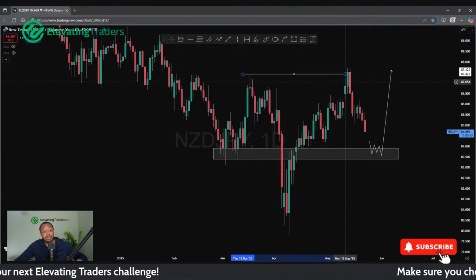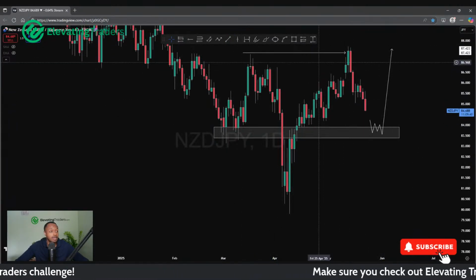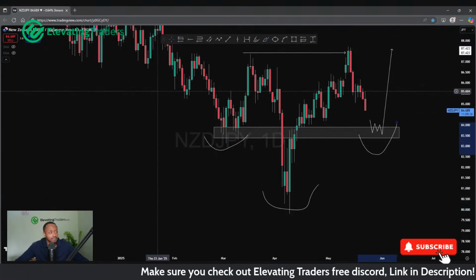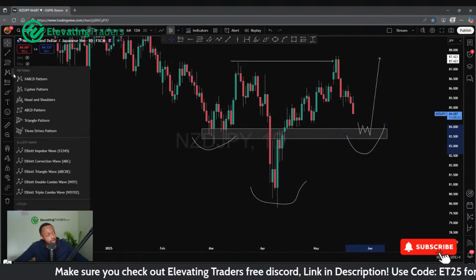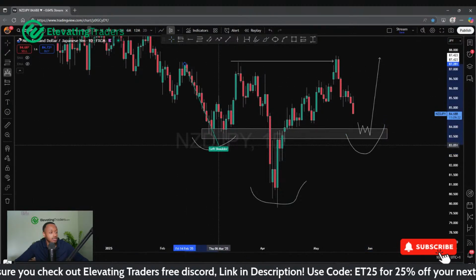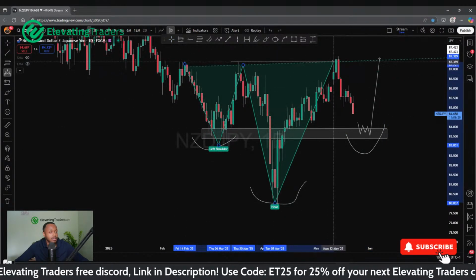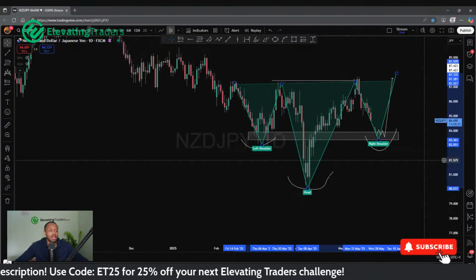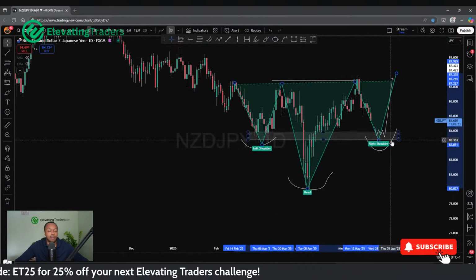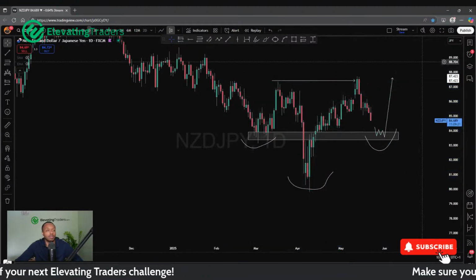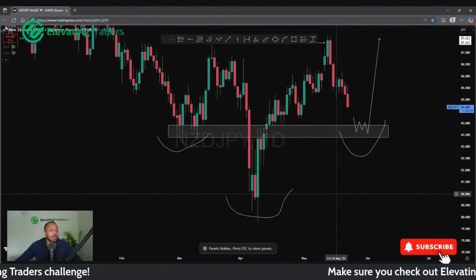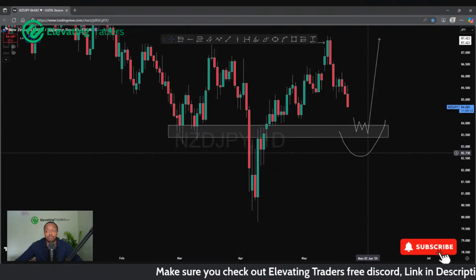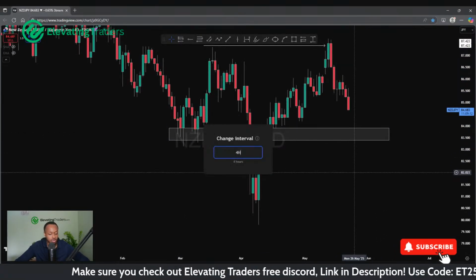So basically what I'm looking for is a big inverse head and shoulder pattern. There's your left shoulder, there's your head, there's your right shoulder. If I whip out the head and shoulder pattern tool, there's your left, there's your head, there's your right shoulder, there's your neckline. So now I'm just looking for price to get there and give me that bounce, and that's where I look to find my entries. At the moment, of course, looking pretty bearish. There might be some lower time frame selling opportunities in the meantime if that's what you're after.